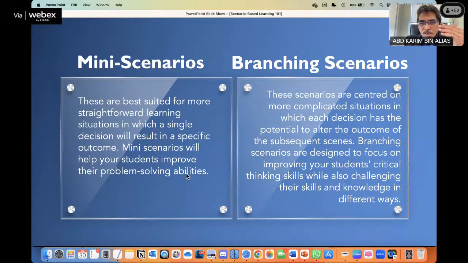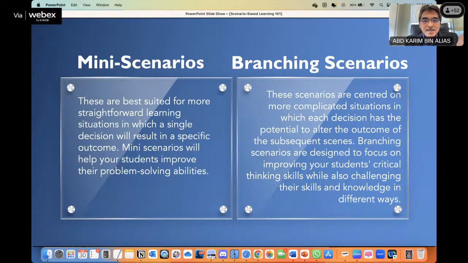So C3, C4, basically, even C5 maybe. Branching scenario. A branching scenario is of course more complex than the mini scenario and requires more thinking on our part to design it. With AI it can be made easier, but we still need to put in some thinking here. It's more challenging for us to design and more challenging for students to learn.